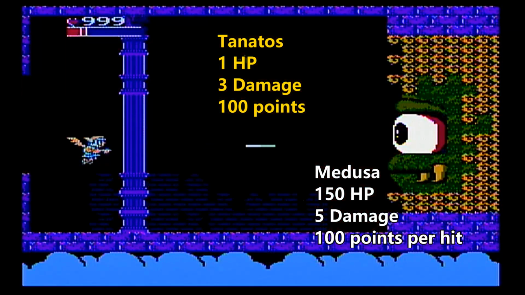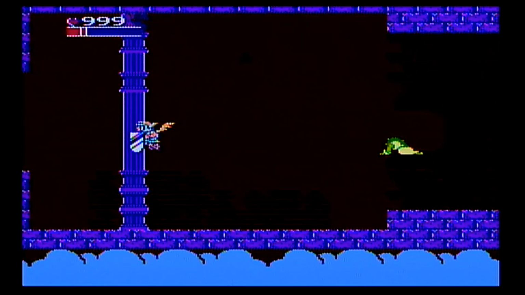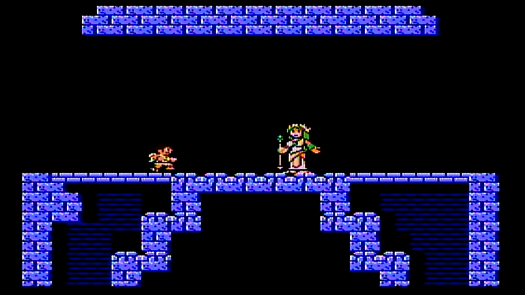See, I shouldn't even take damage at Medusa. Just finish her off, and she appears behind the eye. Banish her back to the underworld, and we meet Palutena,